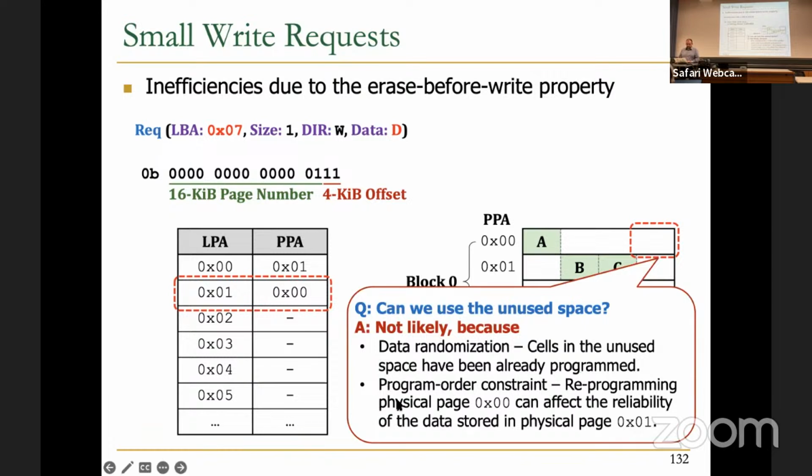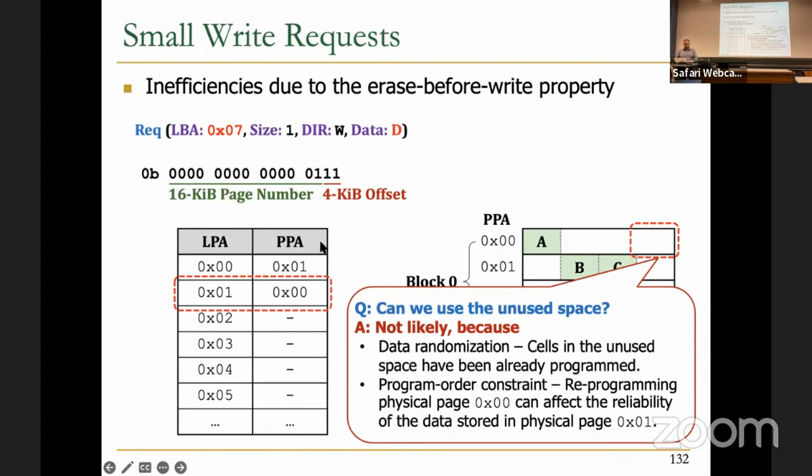So this is, I already mentioned the second reason, program order constraint. There's also another reason, which is data randomization, that cells in the unused space have been already programmed, essentially. Which, I mean, you can also ignore them and you don't program, but likely you have already programmed because that's the way that Flash controller works. If you want to handle writes in a way that we were doing in the past, like we are doing this